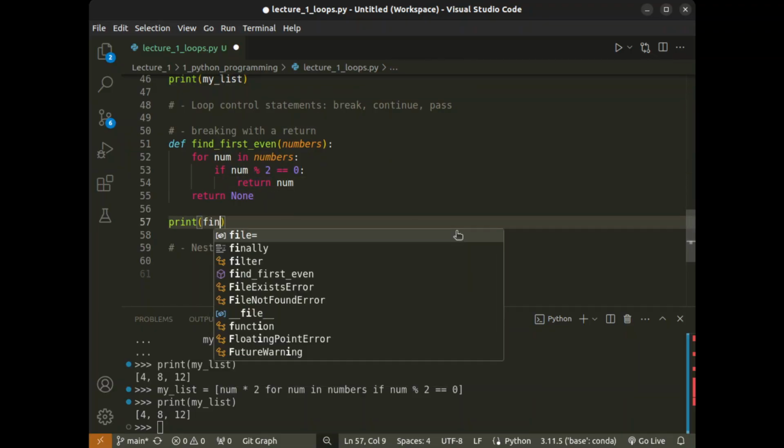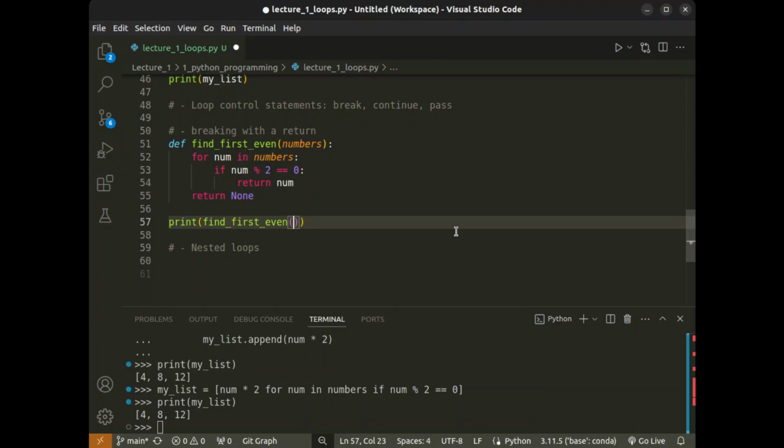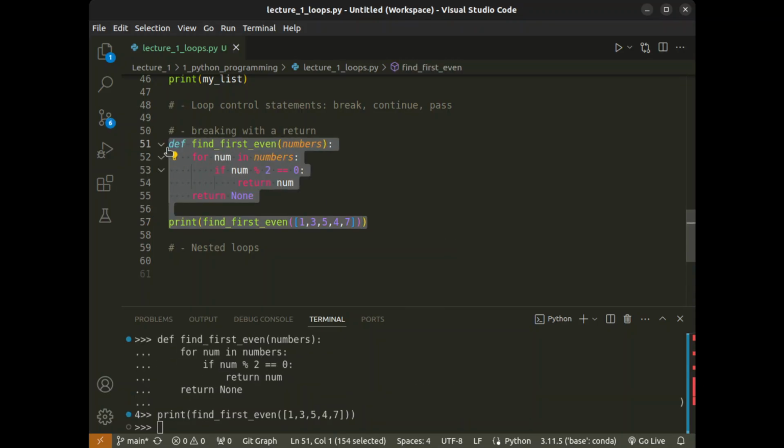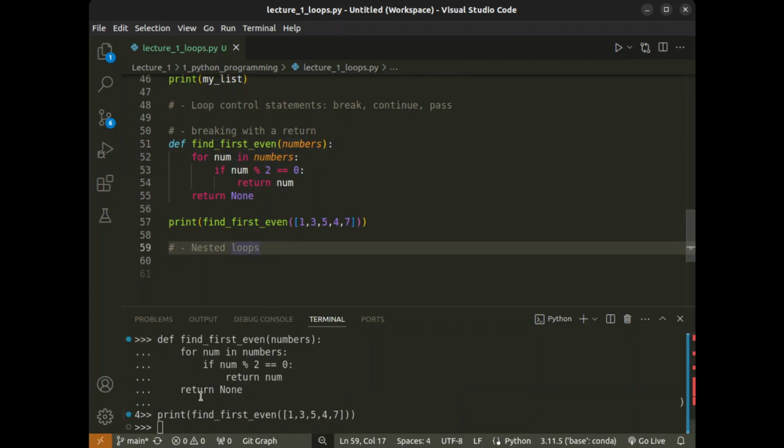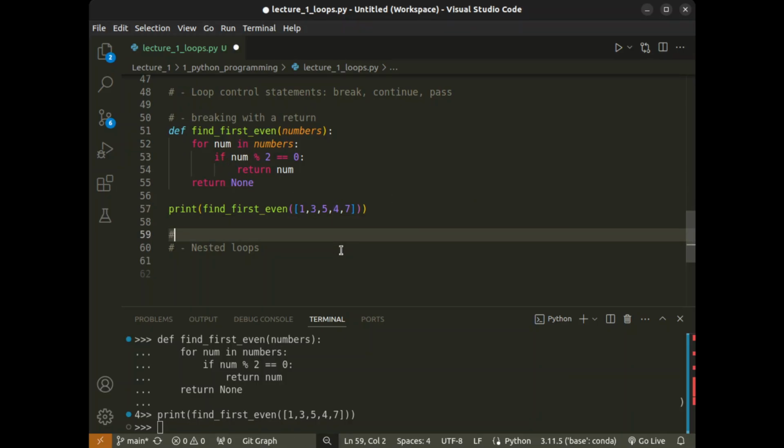All right. So if I do find first even, and then a list of 1, 3, 5, 4, 7, let's say, if I run that, I will get 4, right? So 4 is the first even number. It goes through, it gets to 4, and then it breaks from there. The second one is continue,